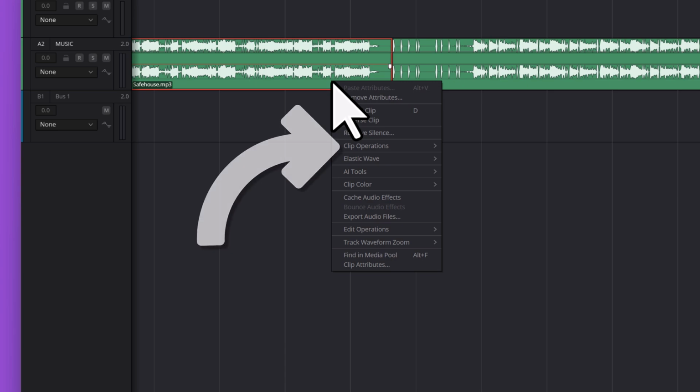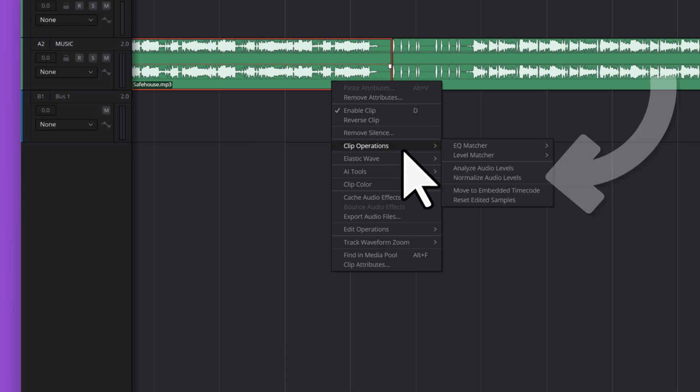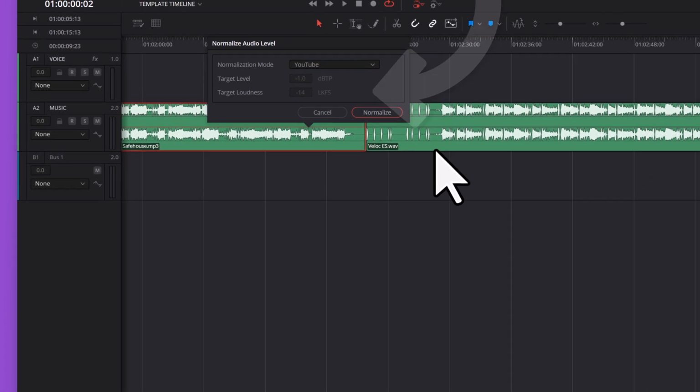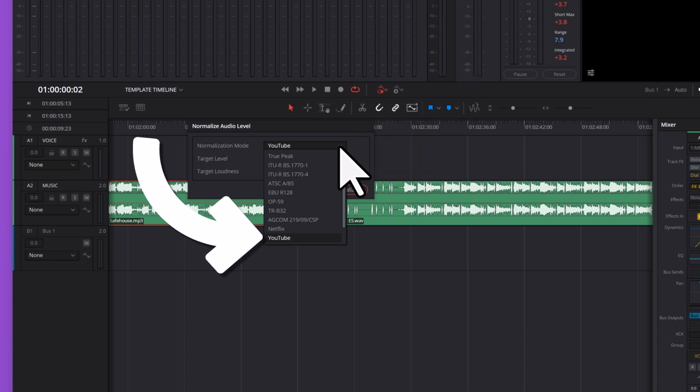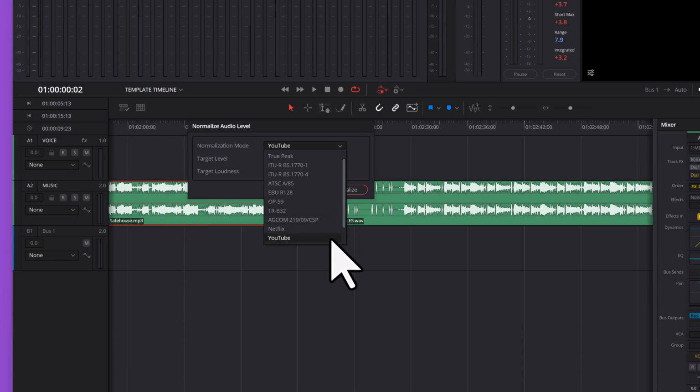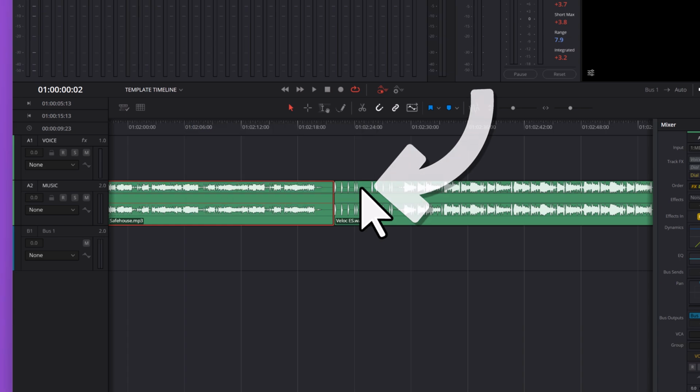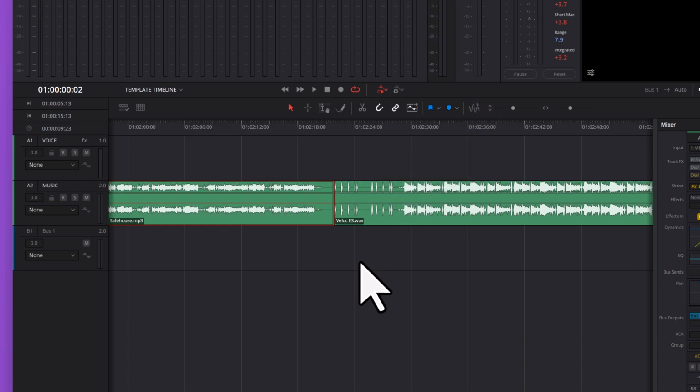hovering over clip operations, selecting Normalize Audio Levels, and then choosing your preferred normalization. As mentioned earlier, we prefer to normalize to YouTube standards because YouTube standards work for most platforms. Finally, I'll hit Normalize. If, however, you have multiple clips on the track, like me, you can normalize them by